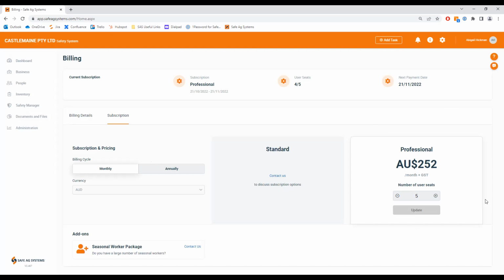So users are individuals that need access to your safety system to be able to complete tasks, access documents, complete or access your machinery, etc. So if you need additional seats or you need to reduce your number of seats, this is where you do it. You simply click the plus and it will increase it by 1 user